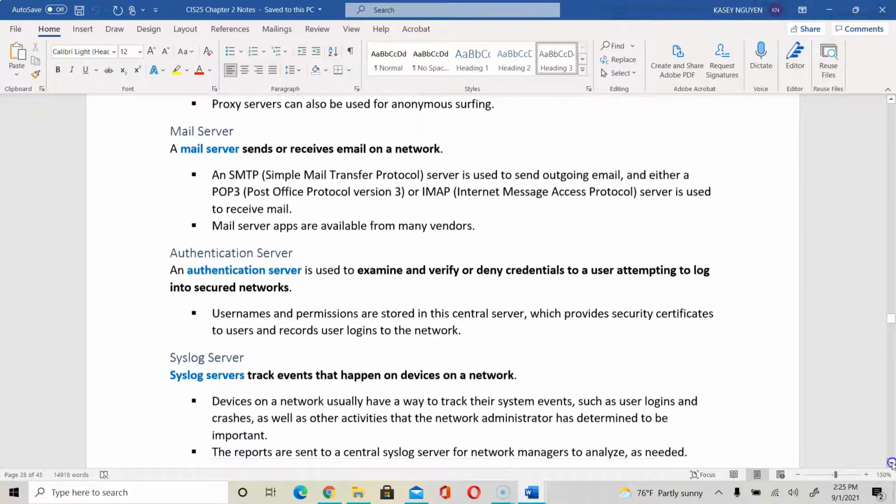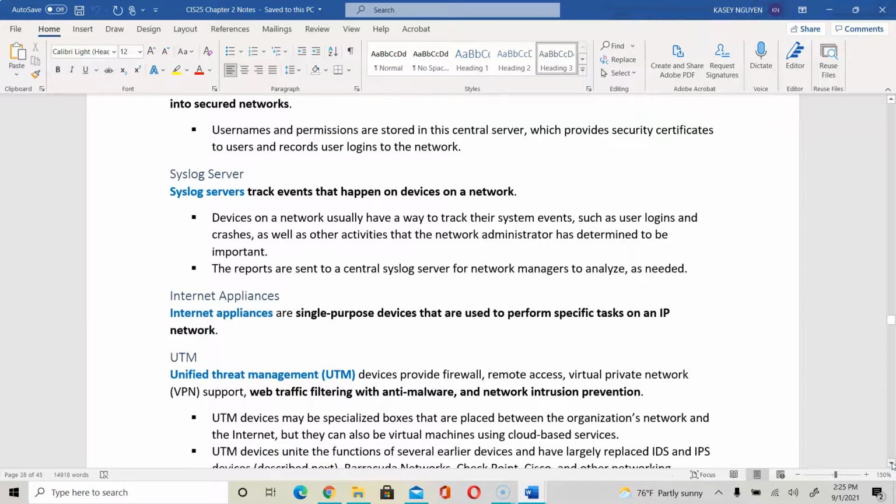Syslog servers are used to track events that happen to the different devices on the network. They could track system devices, events, outstanding events, warnings, errors, crashes, and so on. So Syslog servers are very important for security specialists and professionals, along with network administrators and professionals that